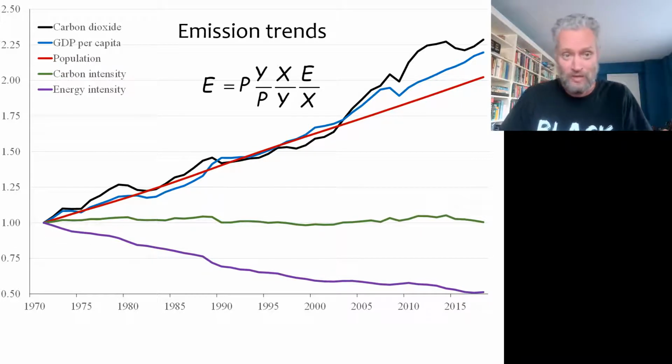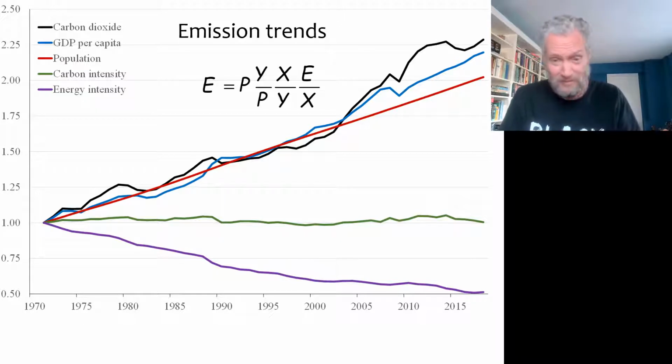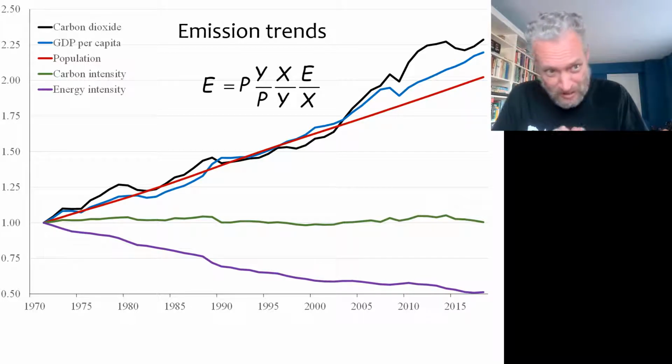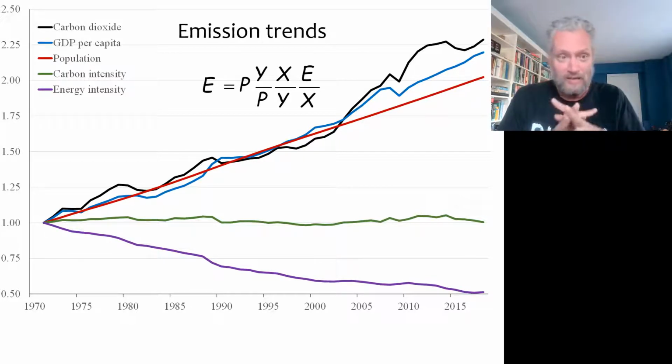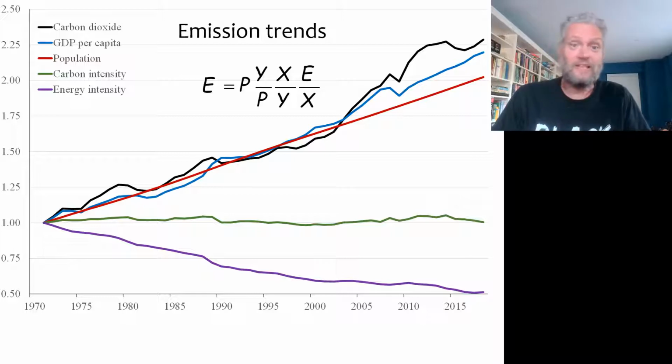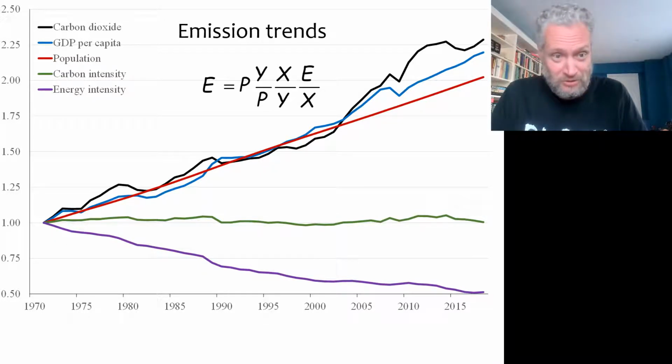So you may wonder, how come? Now, that's where the Kaya identity comes into play. The first term in the Kaya identity is population P, and that's the red line that you see here. Now, what you note is that over this almost 50-year period, the world population has slightly more than doubled. It's gone up by 102, 103%. So that is the first driving factor. There's more people, and therefore there is more CO2 being emitted. Actually, what you see is that CO2 emissions have risen faster than the number of people. So per capita CO2 emissions have gone up.